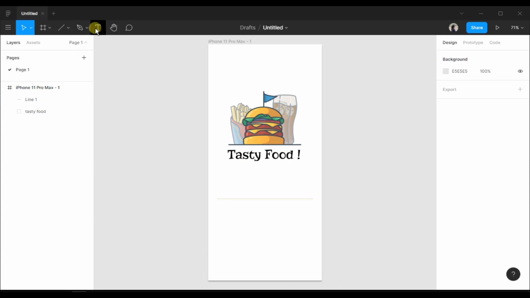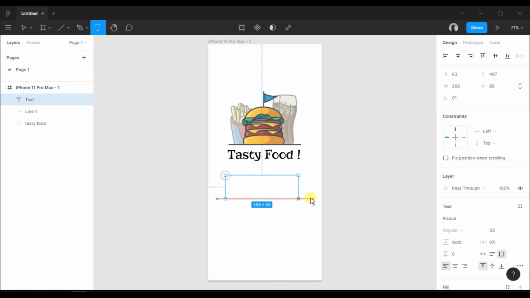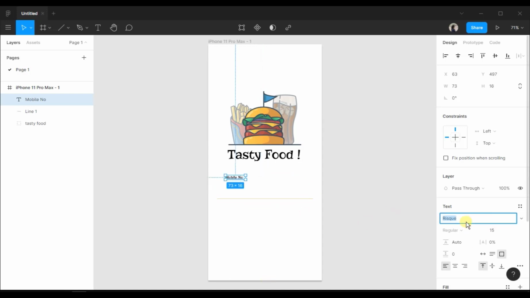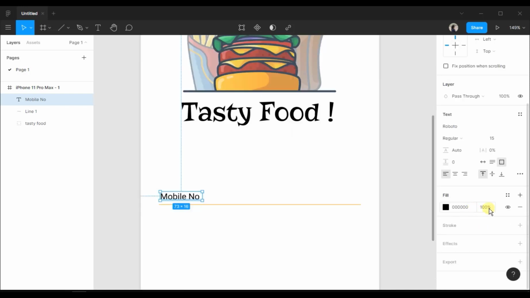Now let's take a text box, say mobile number. Let's adjust the size, say 15. Font type will be Roboto. Change the opacity to say 50%.